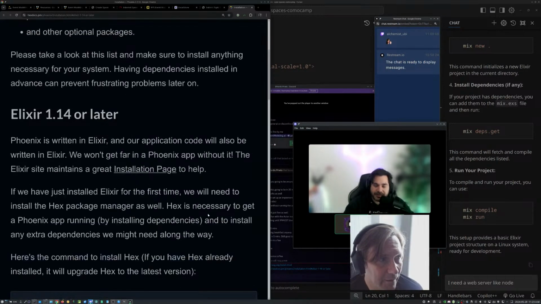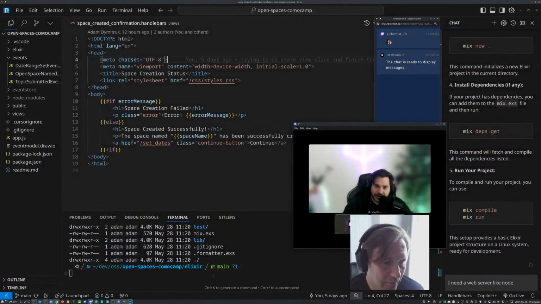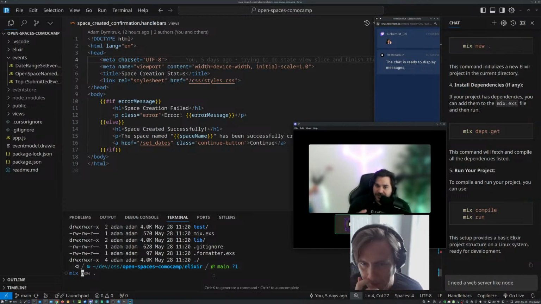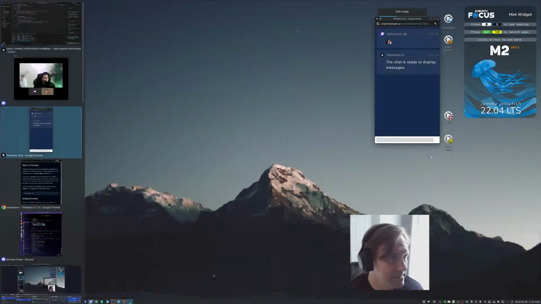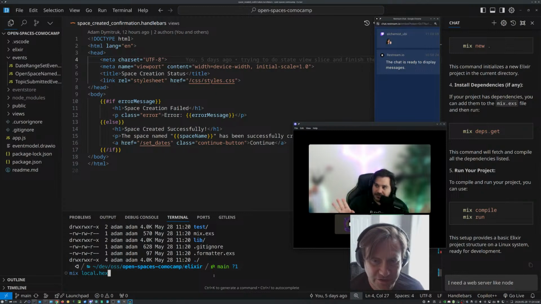But before we get there, at the top it says there is a command called mix local.hex. Yeah, run that one. Okay, what is that? The one that says hex. Okay, so Hex is our npm, the package manager. That is just allowing you to pull packages from Hex, right? So Mix is about Elixir, Hex is the package manager. Local hex, what does local hex mean? Okay, perfect. So everything in Elixir, is that like package.json or something?